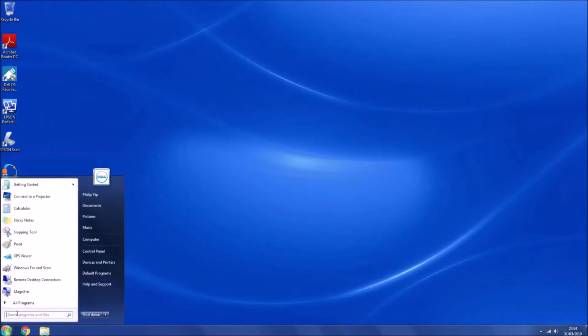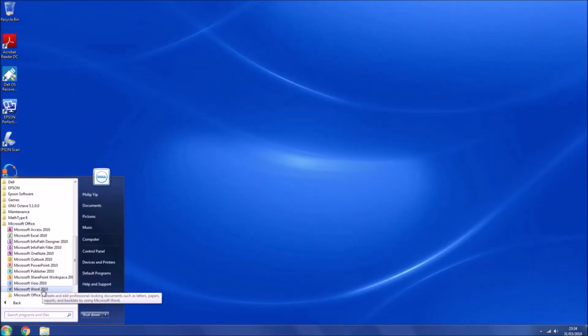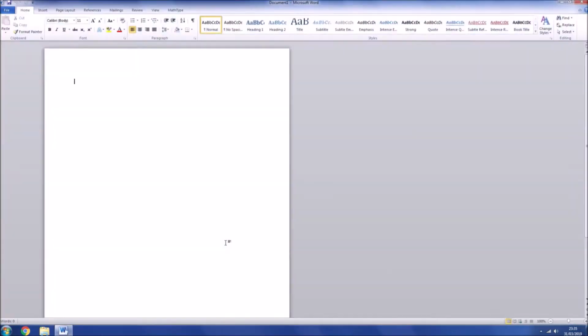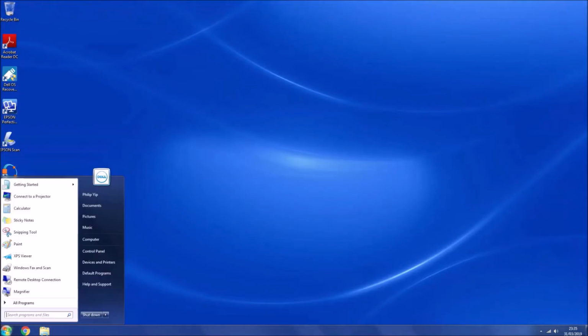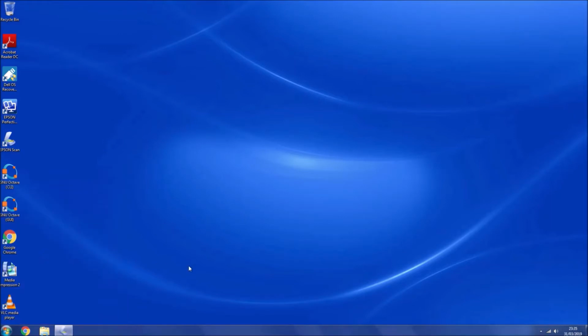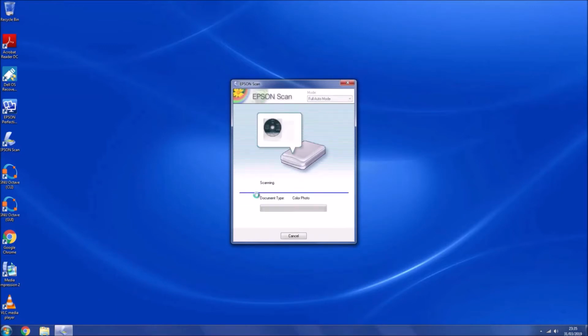So I've got a number of programs installed on this virtual machine, such as Office 2010, and I've also got an Epson Scanner installed, and it's attached via a USB. So let's just use it to scan an image,